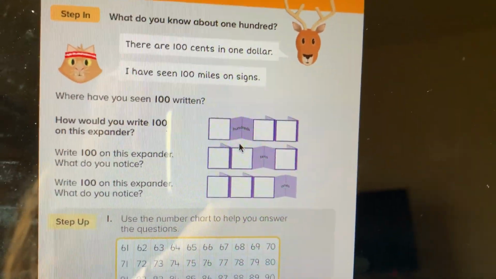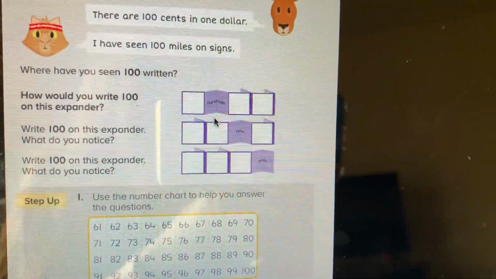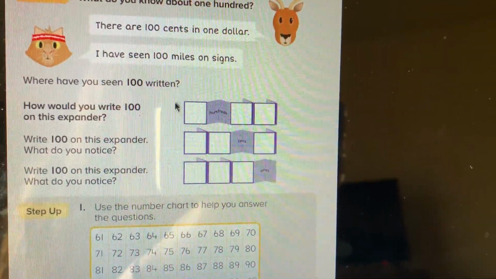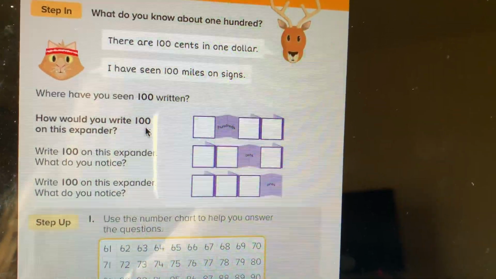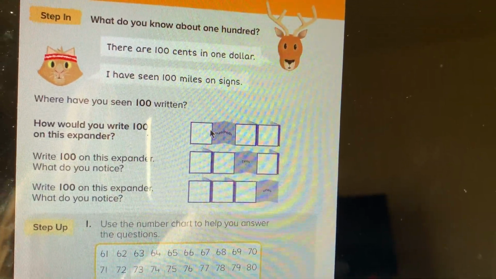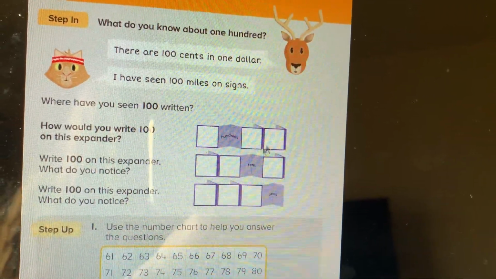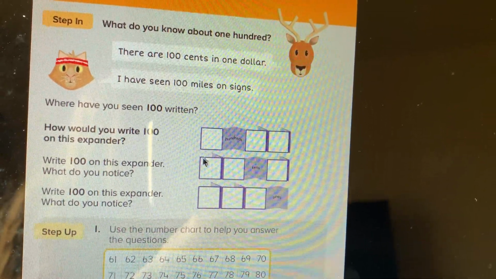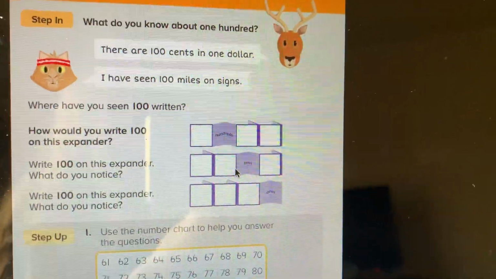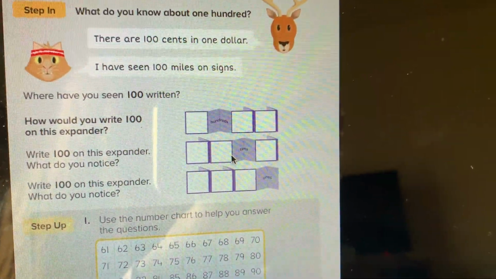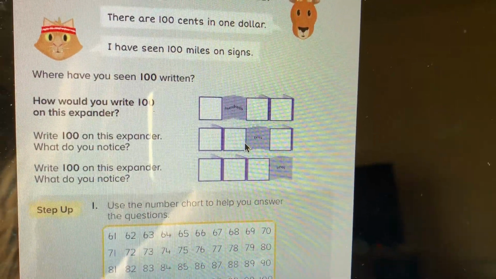So in my box, it's just showing me different ways to break up the 100. So it asks how many hundreds are there, and if we're looking at 100, we know that there's only 100. And then below, we have how many tens are there. So if I counted by tens, like 10, 20, 30, 40, 50, 60, 70, 80, 90, 100, if I count all the tens in 100,